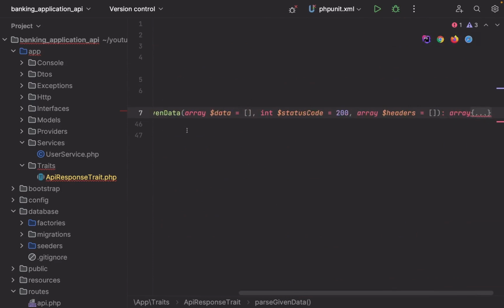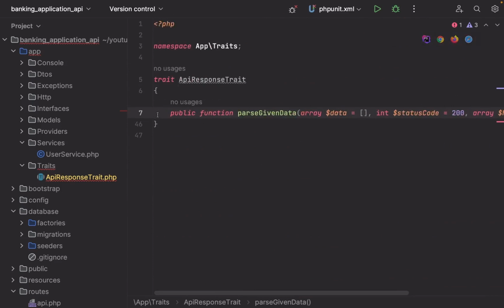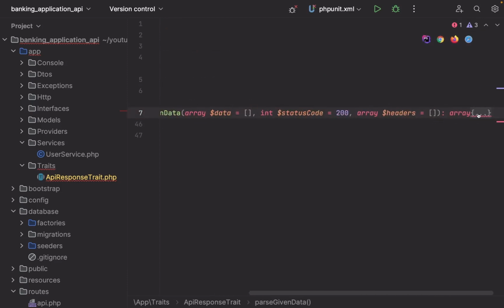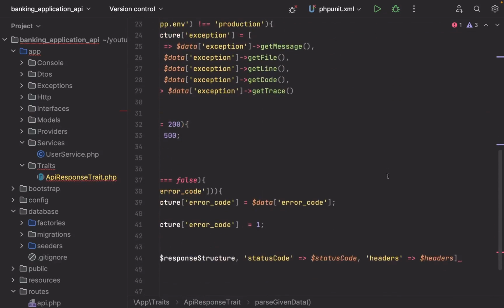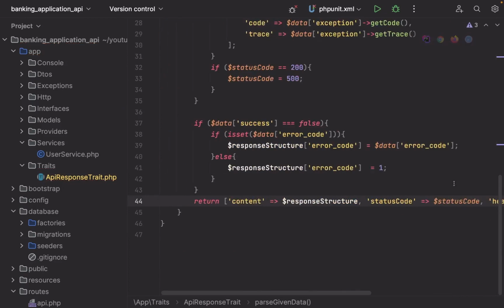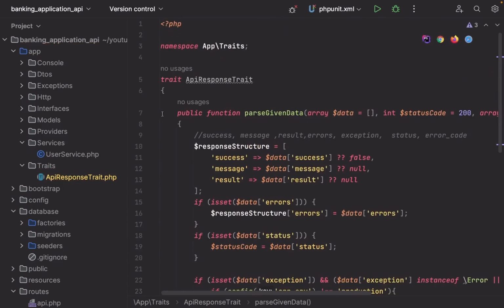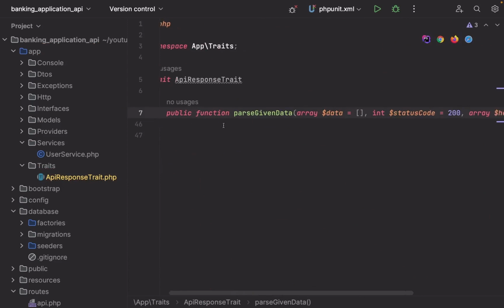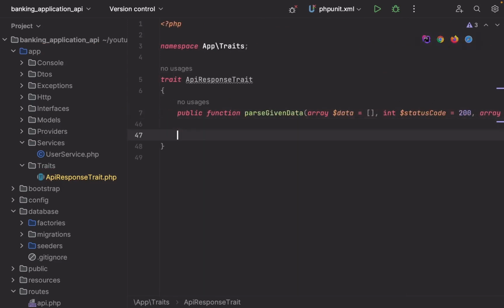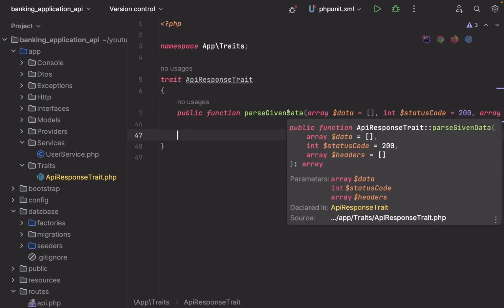So let me close this. So the next thing I will be doing now is, we have an error. Why do we have an error? Where is the error? Oh, okay, we didn't put the end of statements. So the next thing we want to do now is we want to create an API response that will basically